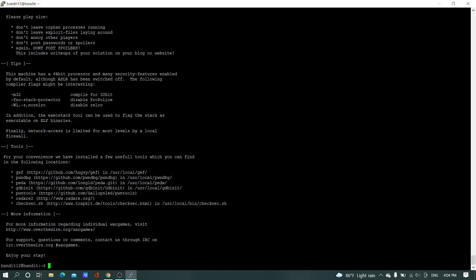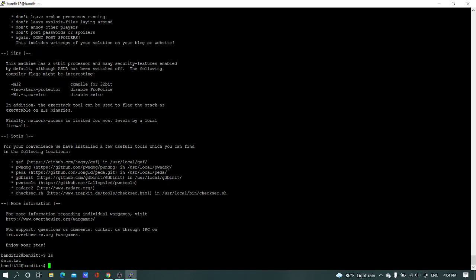Now we can use the ls command, then we can use mkdir, that means make a new directory, space /tmp/